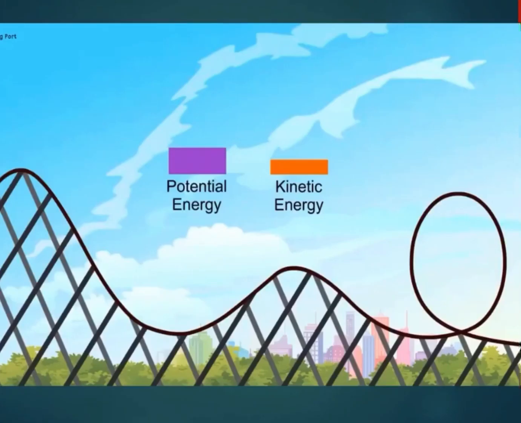In a roller coaster, the greatest potential energy is at the top of the first hill. As they start their descent, the cart loses potential energy and gains kinetic energy. Throughout the ride, each time a cart loses its height, it gains speed as potential energy is transformed into kinetic energy. Likewise, each time it gains height, it loses speed as kinetic energy is transformed into potential energy. Another example